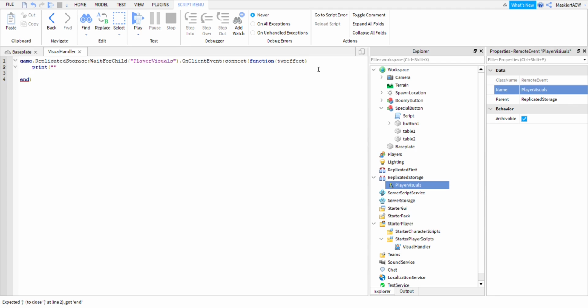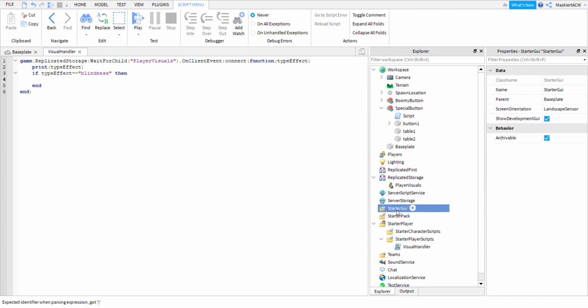Print type effect. That's what I made a mistake on. Here we go. And then next we'll do: if type effect equals blindness, then